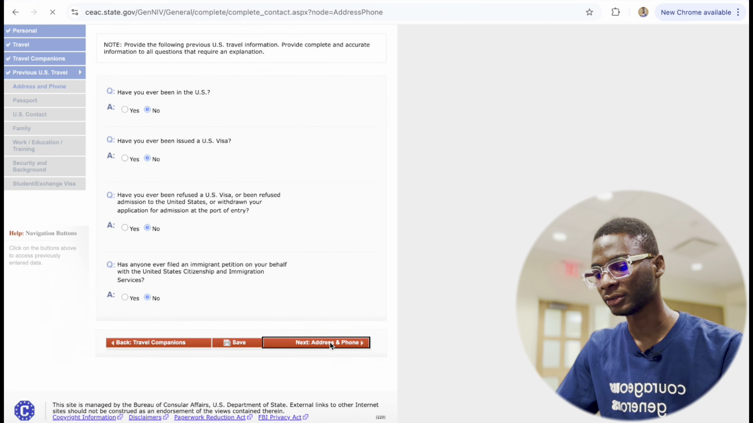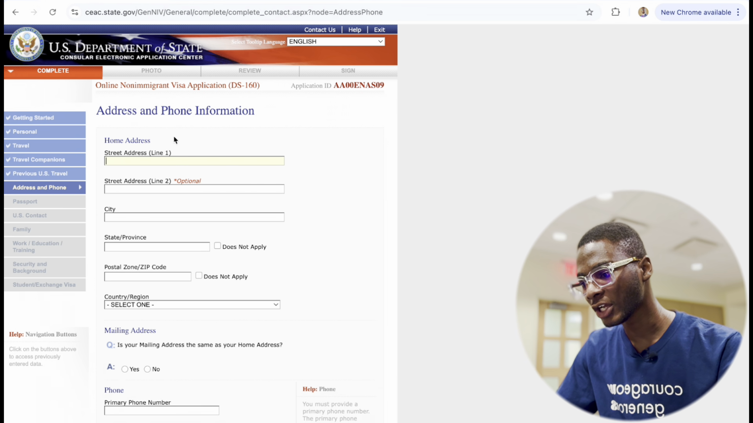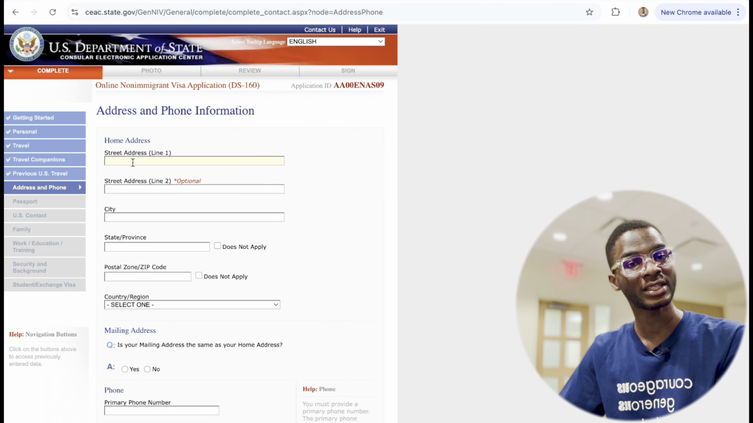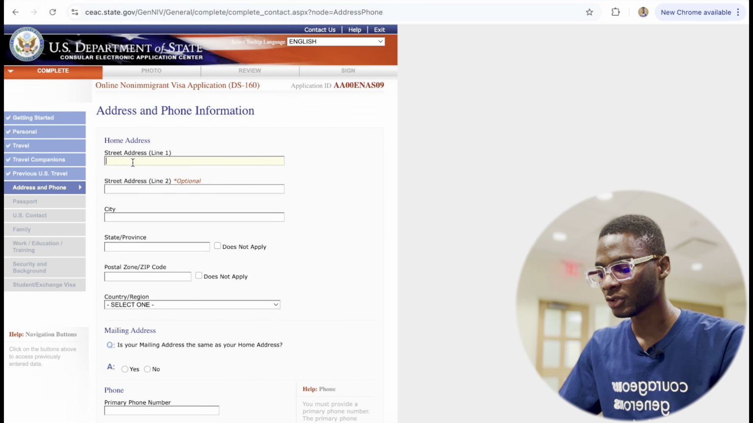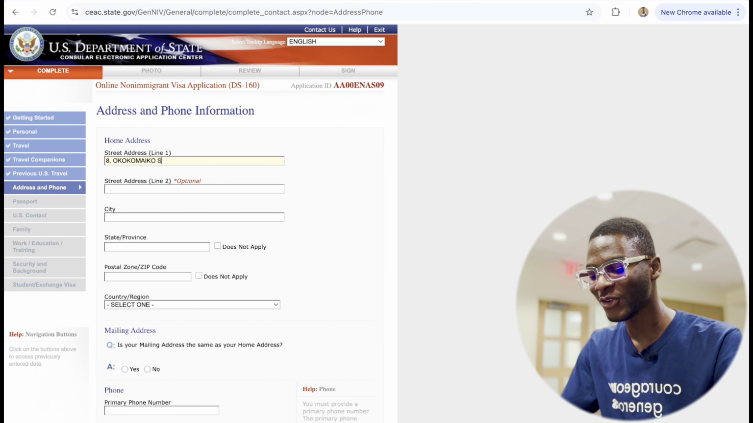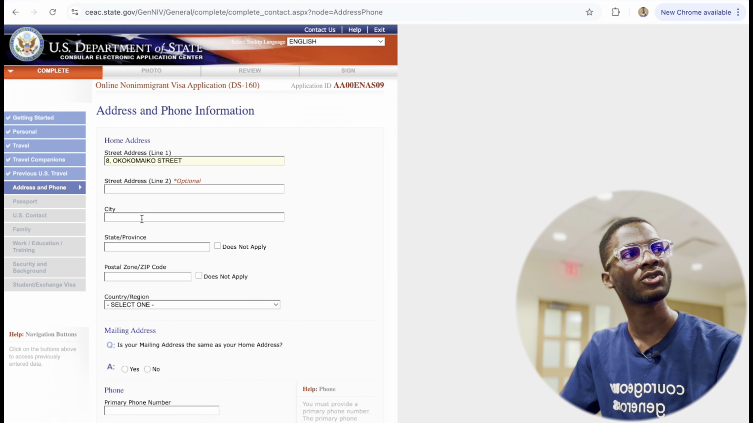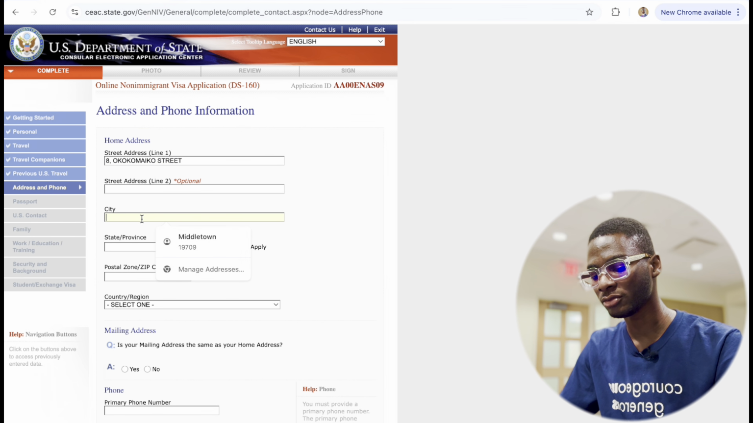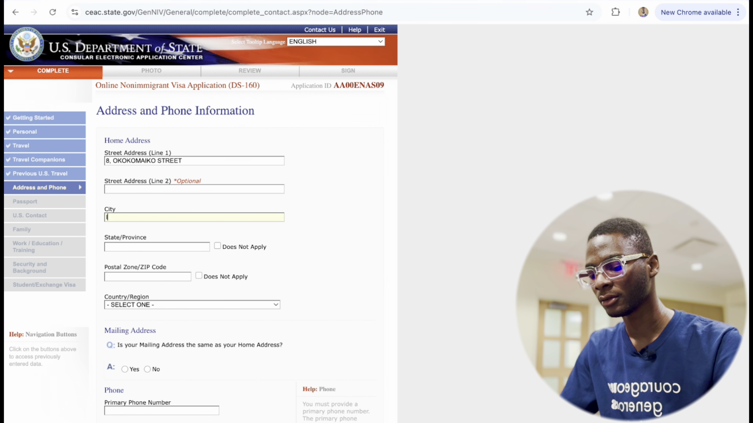So I click on go ahead, right? So address and phone number. Where is your address? So this address is basically where you are currently staying in Nigeria, right? So I can put number 8 Okokomaiko Street, right? City, where's Okokomaiko? I don't know, but city could be, say, maybe I just put Ikorodu, and then the state is Lagos,